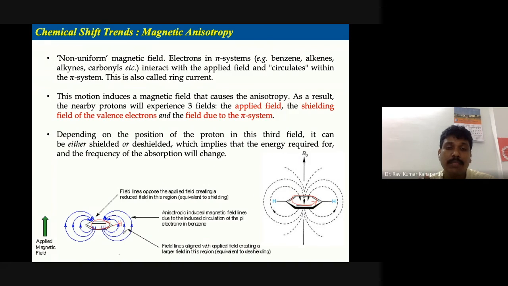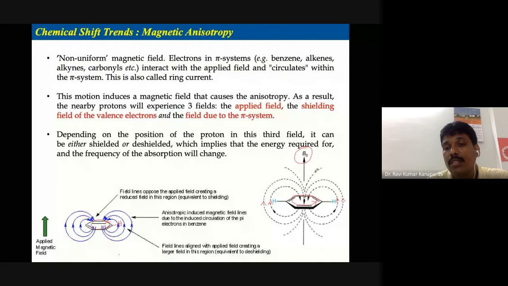It depends on that. If you take an example of benzene, you can see in the diagram that we have the circulation of electrons in this direction. In the perpendicular direction, we have the induced magnetic field, because of the circular motion of the electrons. Here you can see that the magnetic field lines are in this direction. Do you see that? The magnetic force lines are drawn such that this is aligned with the applied magnetic field. This is also in the same direction.